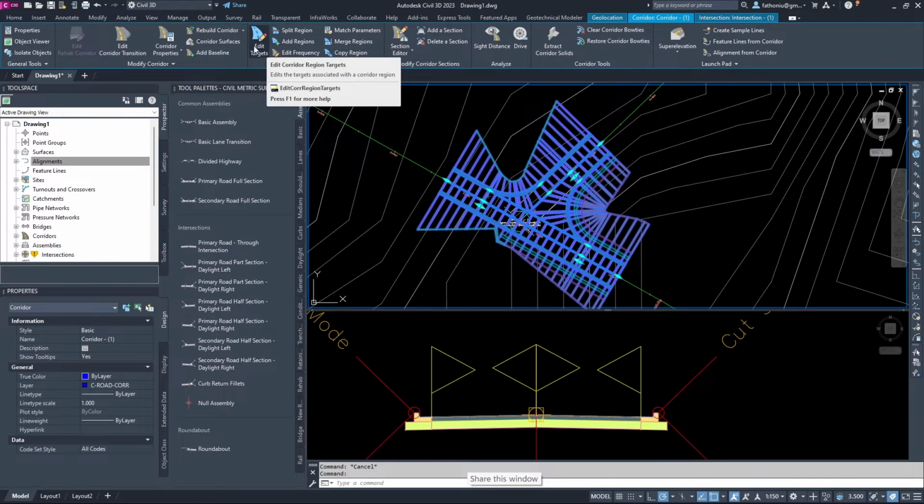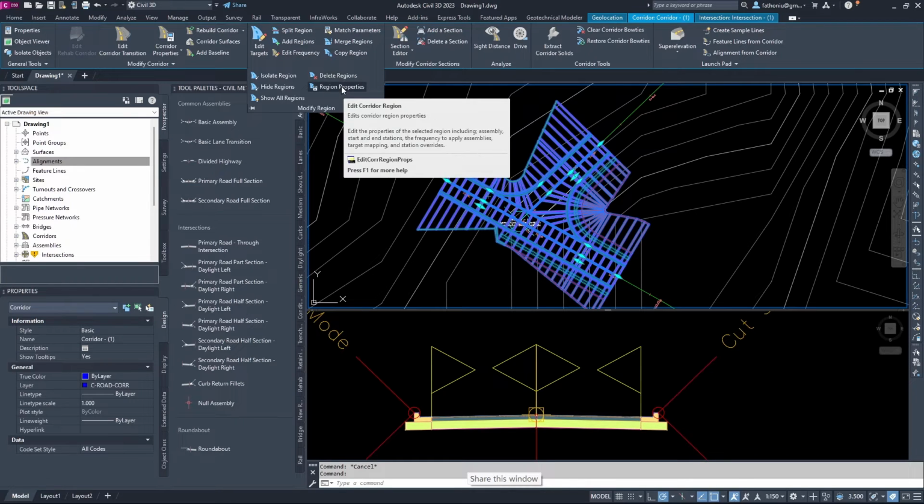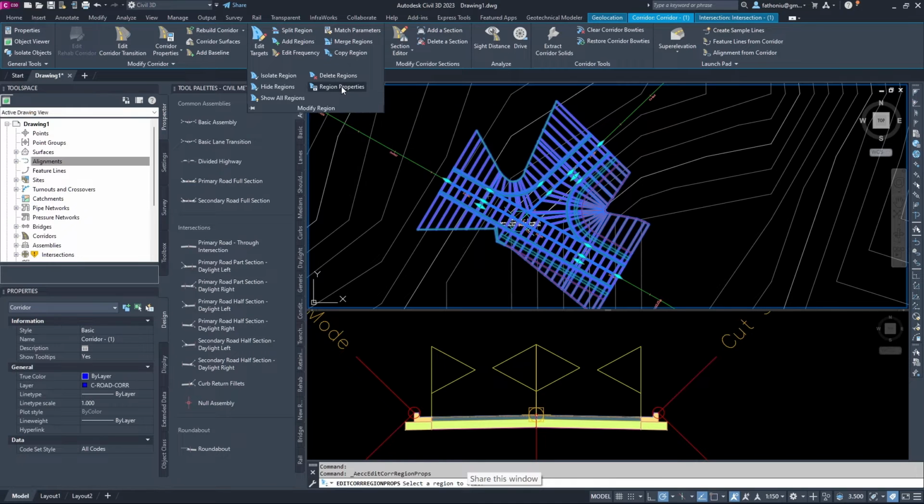So you can see here the corridor properties, add region, modify region, region properties. So we click this one, or you can access it from right click. This is the primary road full section. There are 7. When we hover over that one, full section for secondary. This one is full section for primary, region number 3. This one region number 4, primary road part section, daylight left. Oh, there are 4, 6. And curb return fillet, this one is also a curb return fillet.